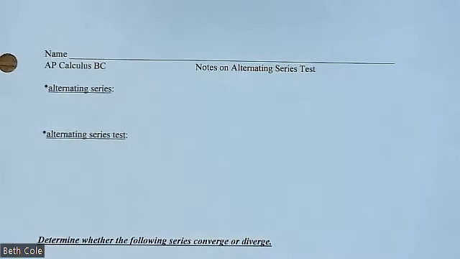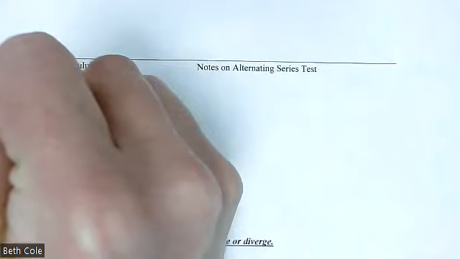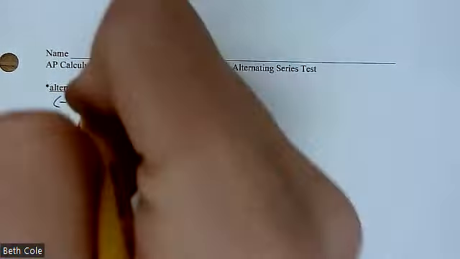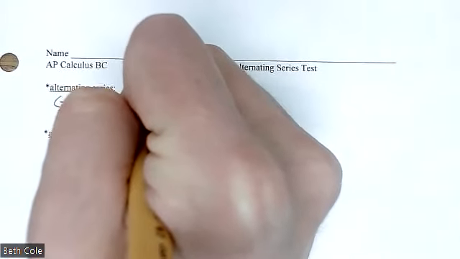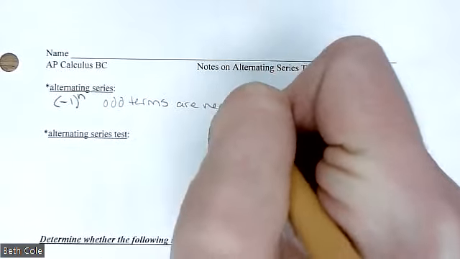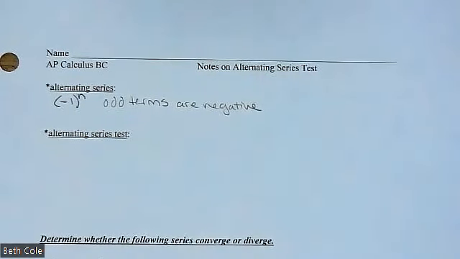So we're going to do the alternating series test today. And alternating series just means that the terms alternate their signs: positive, negative, positive, negative, positive, negative. So if you have a -1 to the n, that means that your odd terms are negative. Because if you plug in any odd number, like -1 to the first, -1 to the third,